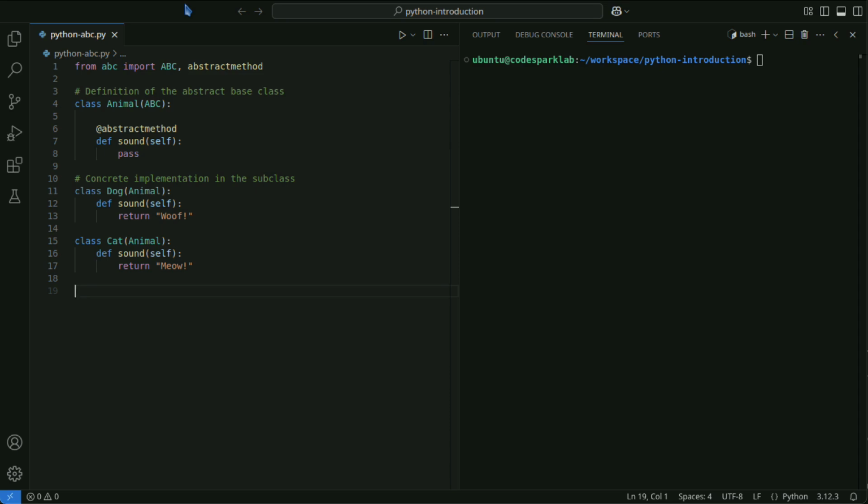Here, the Animal class is defined as an abstract class and includes an abstract method called sound. This method must be concretely implemented in the subclasses. Dog and Cat inherit from Animal and each implement the sound method.